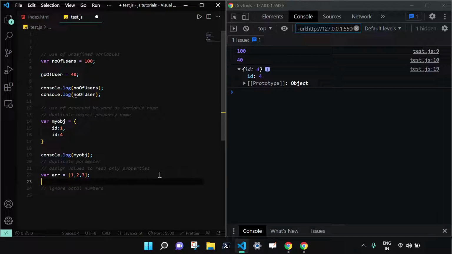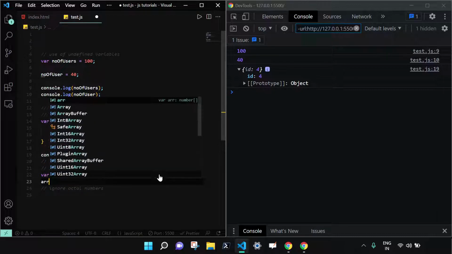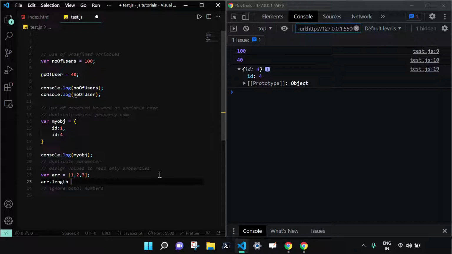This is the array that I just created, and what you can do is arr.length. It is a read-only property because it returns the length of our array, and you can give it some value. As you can see, if I save this, you will not get any error, but you should get an error because you are trying to assign a value to a read-only property. And all these things which I did here will give us an error.